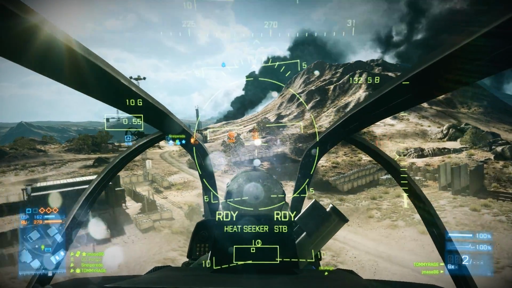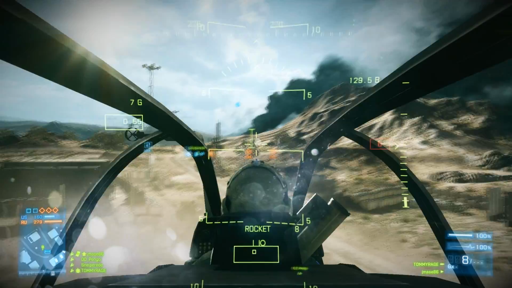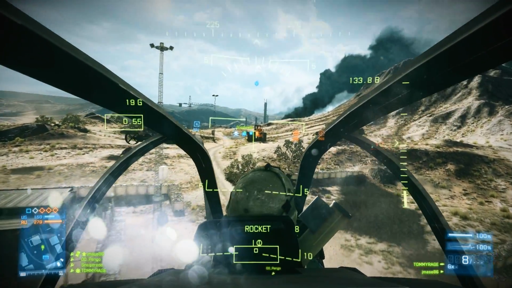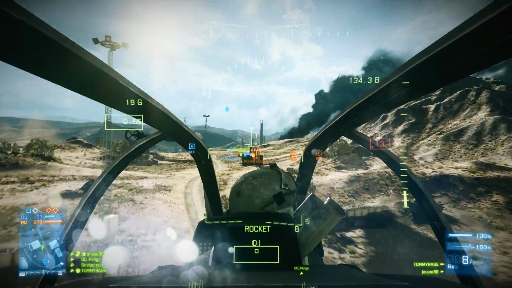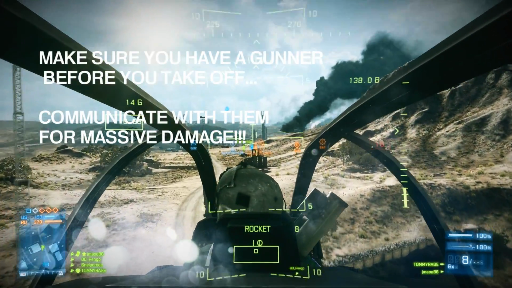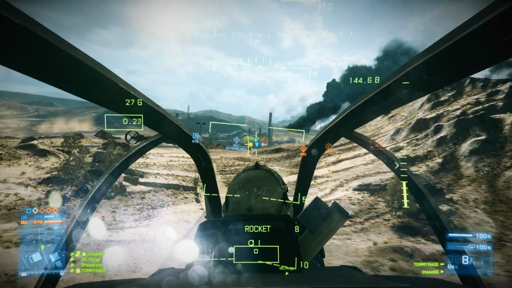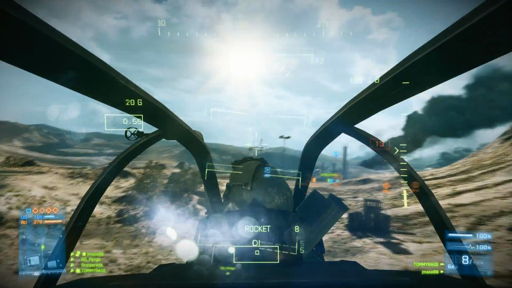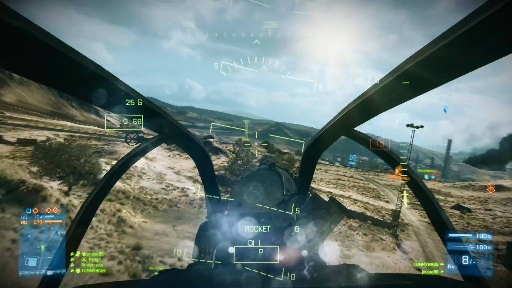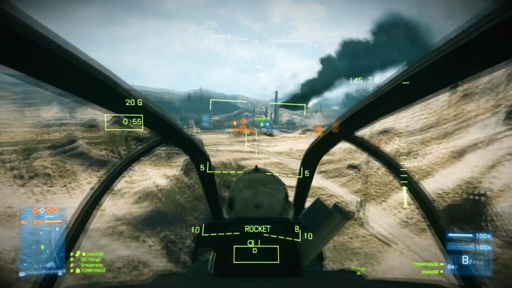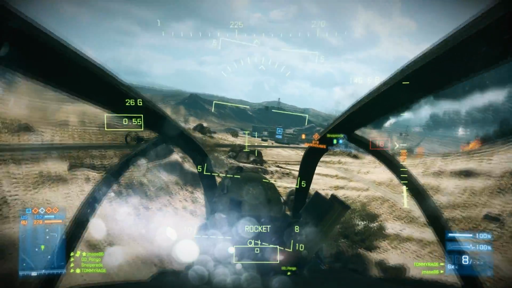Also, another really important factor is your gunner. Now the gunner that I have here is my good friend Tommy. He's very good at gunning things, and never forget that the secondary weapon on the Apache is very, very powerful. You can take out anything in the game with it: tanks, aeroplanes, helicopters. You can destroy everything. If you're at a long to medium range and you're the gunner, make sure you fire